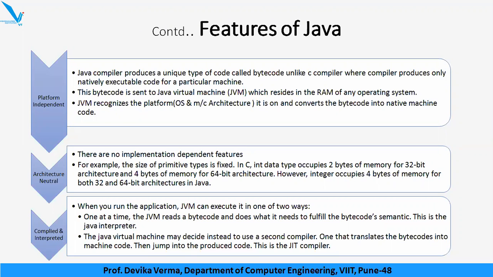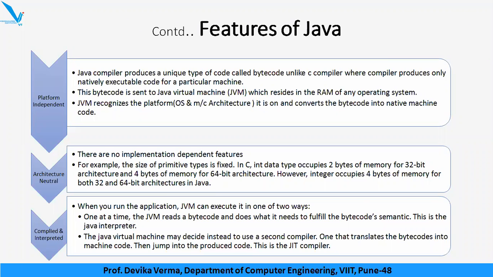It means suppose today I am writing code on my Windows machine and I convert it into bytecode, which is stored in the .class file. Then this .class file can be taken and run on some other platform. So this is not something which happens with your C or C++ program. This is what makes Java platform independent. We are going to discuss this ahead in detail.